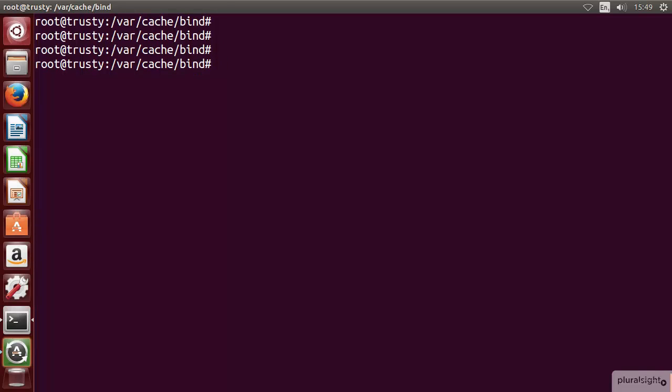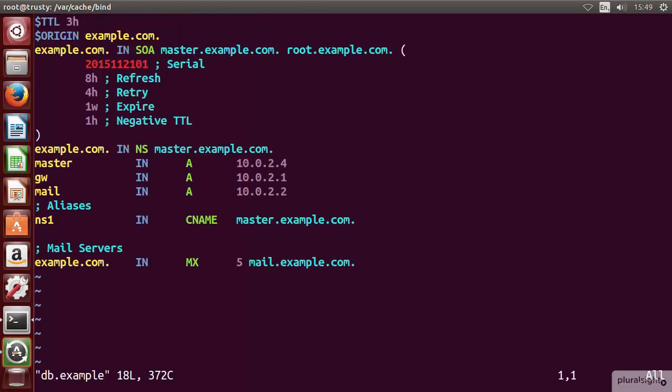Earlier in the course, we did talk about the $generate directive, but let's see how we can use it. If I go back and edit, I'm just going to my main zone at the moment, so let's go back into db.example. Now, should I want to put in, let's say, 100 student machines, we might name them student1.example.com, student2.example.com, etc. Rather than do that and put all 100 records in, if I had 100 machines, an option would be